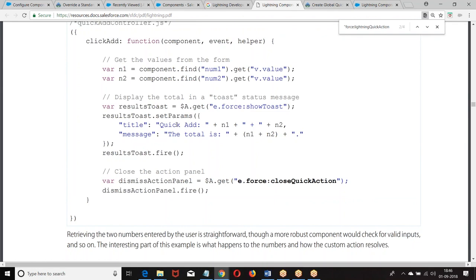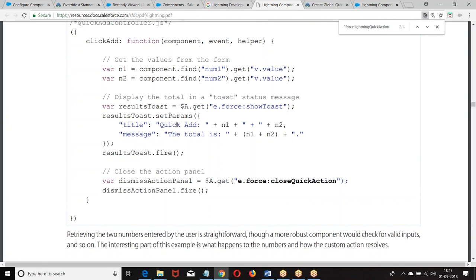In the previous class also we have done this. If you want to find the event, dot find. If it is an application level event, how do you give it? $A dot get. Then E, application level event, E dot namespace.